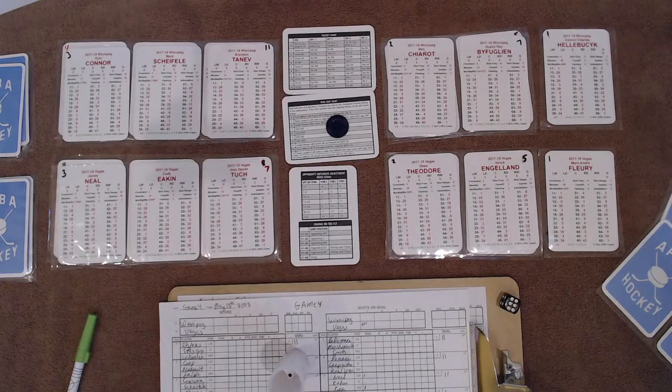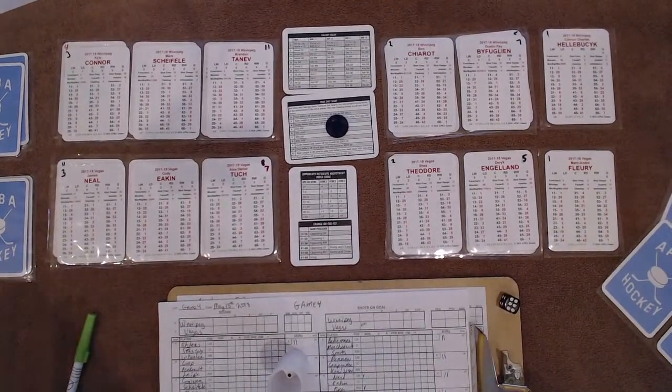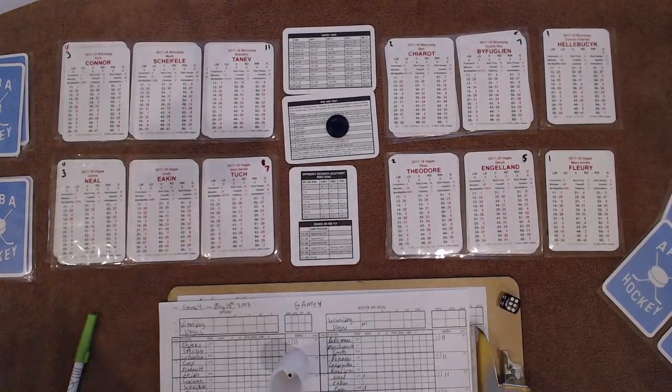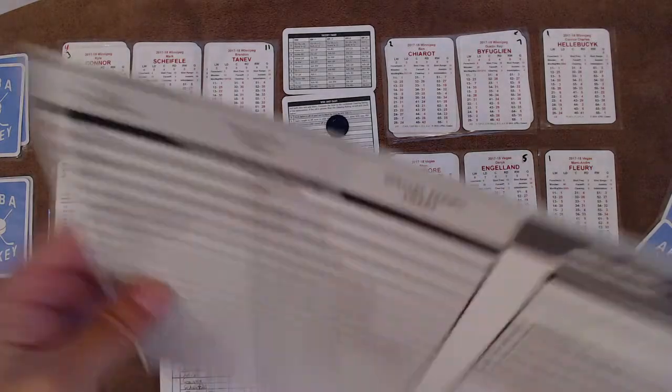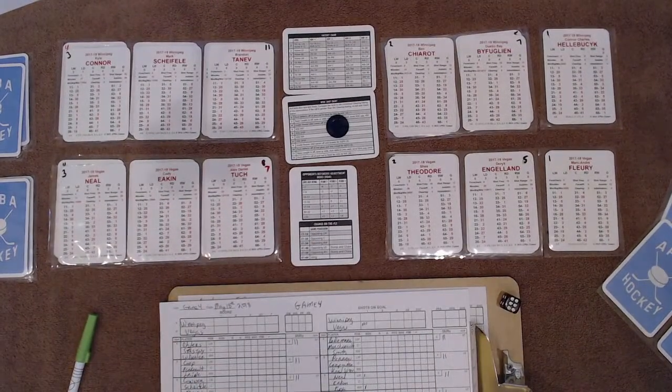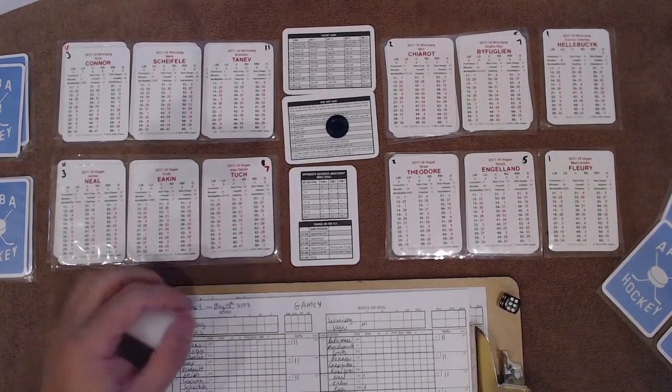And now we got to go to our chart for... And I got most of the charts printed out. Unfortunately, this is one that I don't have printed out yet. I have it. I just haven't printed it out because I'm dumb. So we got an offensive and defensive zone face-off chart. So this is in the defensive zone of Winnipeg, offensive zone for Vegas, and we have